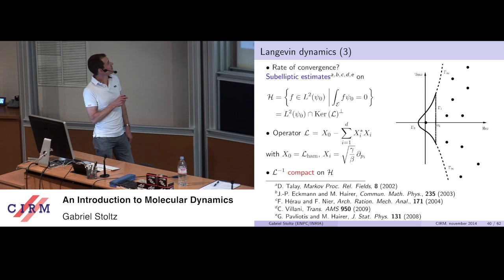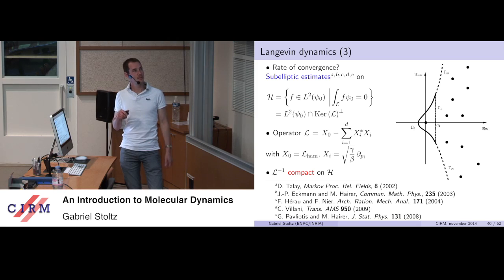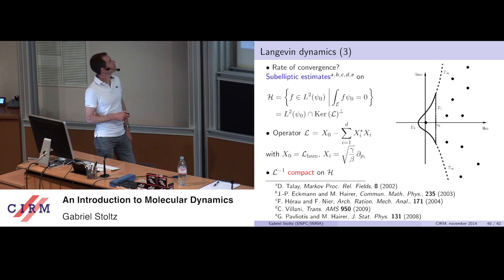And so the core of the subelliptic estimates is to write the operator as the sum of some anti-symmetric part X0, which is the Hamiltonian part in this case, and then minus a positive operator, which is in this sum of X squared form. So here you see there is a dissipative part, although it acts only on p, and there is an anti-symmetric part which acts on everyone. And so, provided you have some commutator structure between this part on p and this anti-symmetric part, you can conclude to decay in all variables.